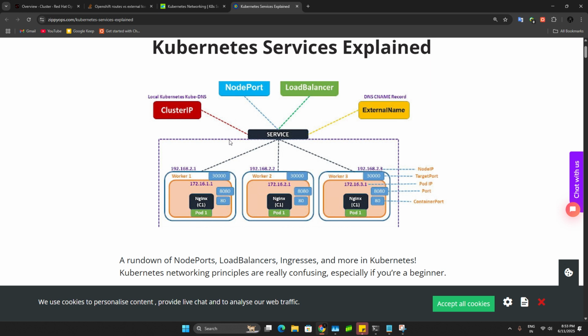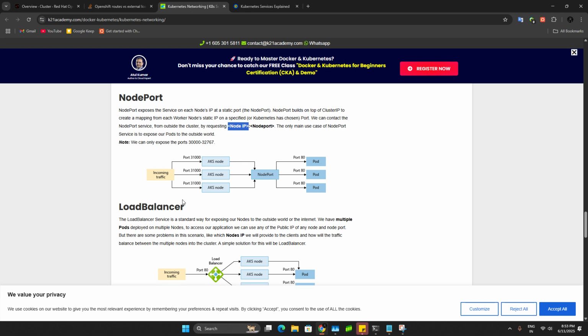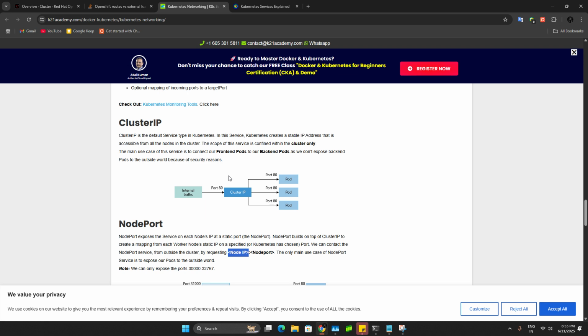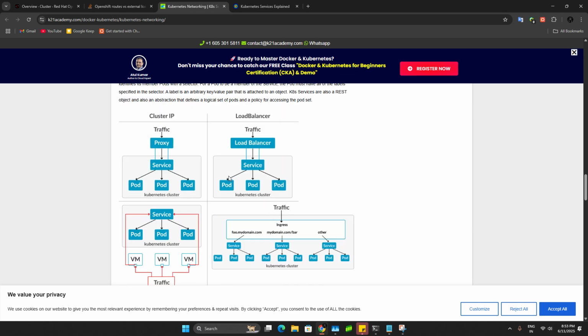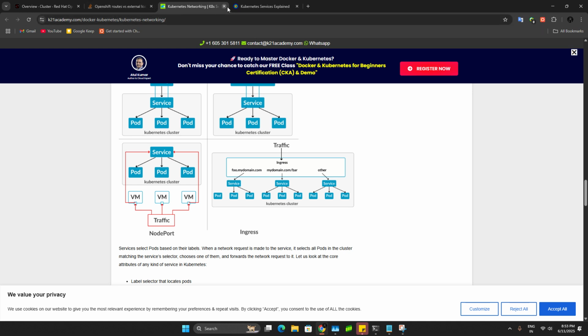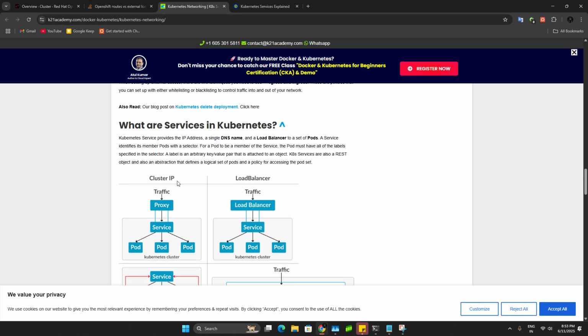Without logging into the bastion host, you can do it with your laptop if it's connected with the VPC. Or rather, if it's a cluster IP, you have to log in to the bastion host and curl that. That's it. Now we go for the load balancer. Let me explain one more thing. This is the node port concept. Next, there is one more thing. Two things are done: cluster IP and node port.